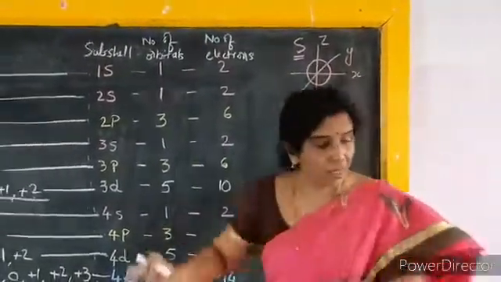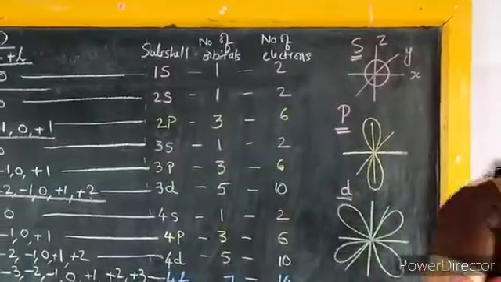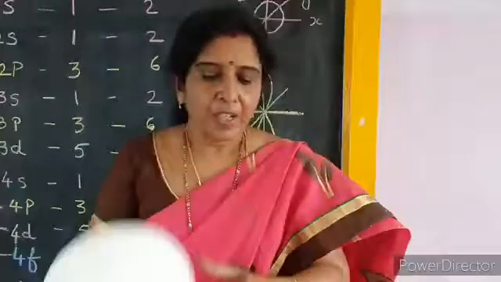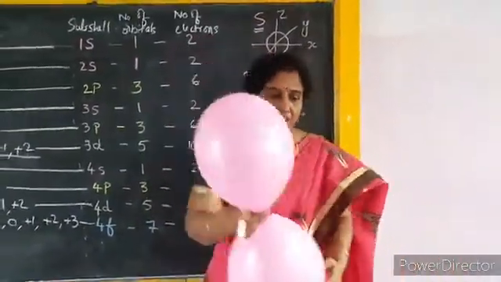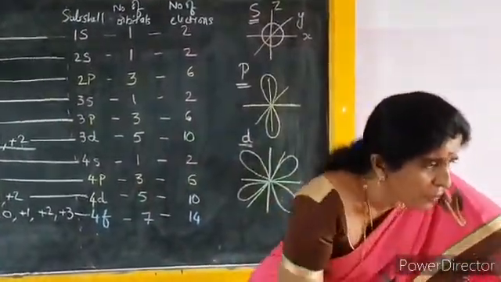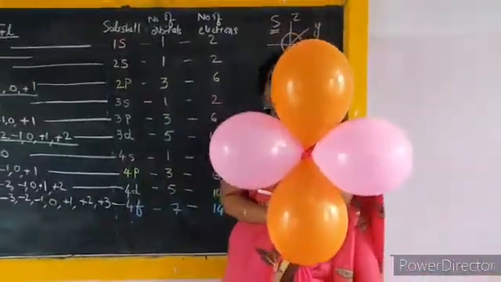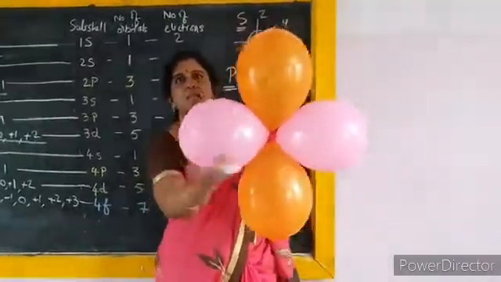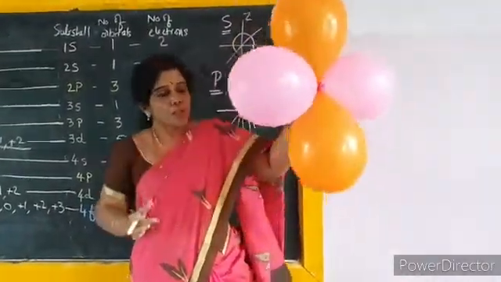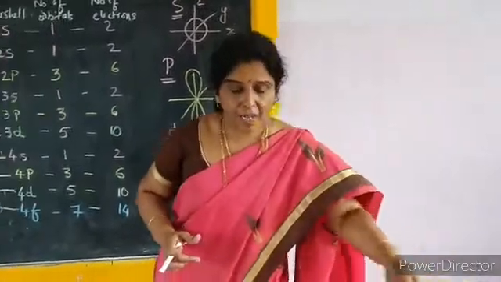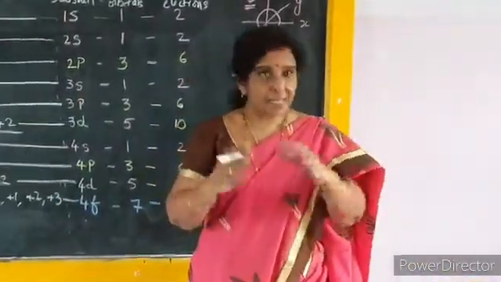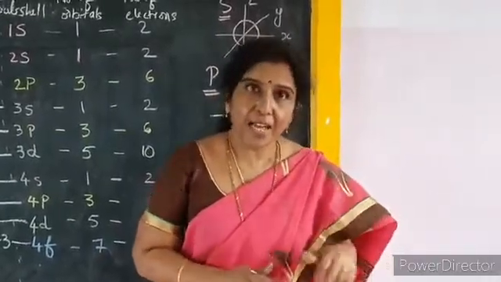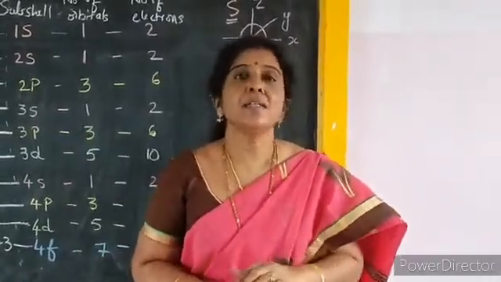So one electron must have clockwise spin and the other electron must have anti-clockwise spin, having the values +½ and -½. So what are the shapes of these orbitals? S orbital, it is spherical in shape. P orbital has dumbbell shape. Now coming to D orbital, it is having double dumbbell shape. So this is a double dumbbell. This is one dumbbell, this is another dumbbell. So S orbital is non-directional, but P and D orbitals, as they have dumbbell shapes, they are directional, orienting on different axes X, Y and Z.